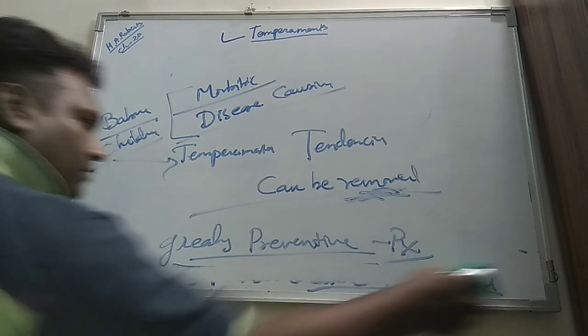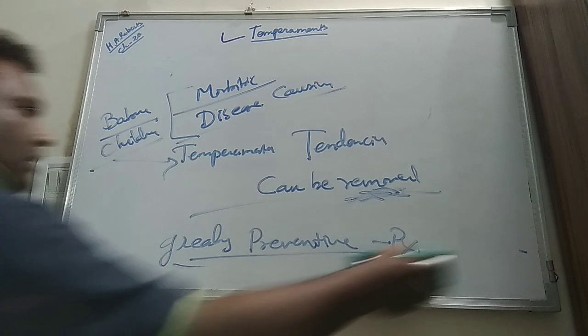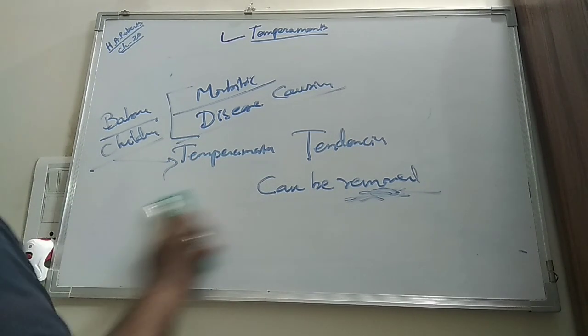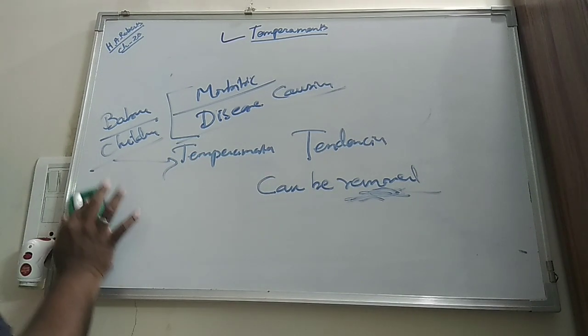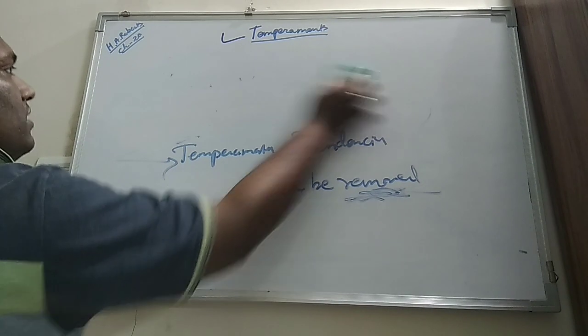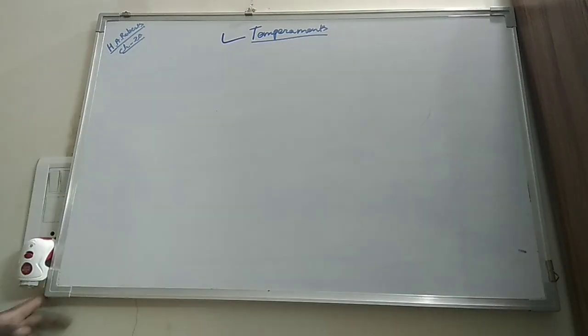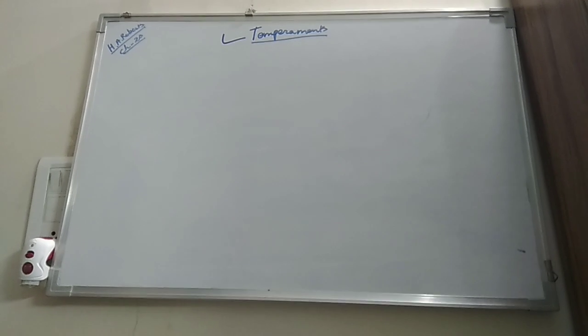Once removed, it is greatly prevented because it is applied on children and babies, and they are usually pliable. Their physical structure, their tendencies are pliable, means they are changeable. They can be strengthened